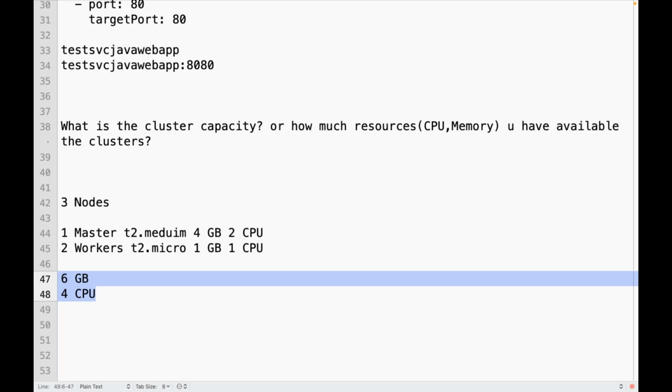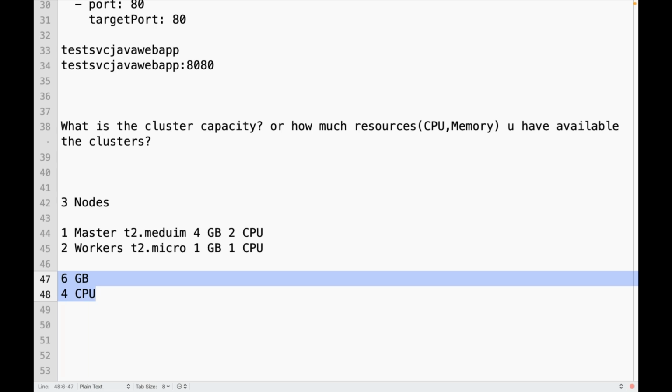When I'm creating a pod, it will have a container. Will the container take some CPU and memory? If you keep on deploying a lot of pods and containers, will your cluster be impacted? Which means, will your nodes also get impacted? Your kubelet may run out of memory or CPU. Your operating system may run out of CPU or memory. If your kubelet is running out of CPU and memory, will the kubelet function as expected?